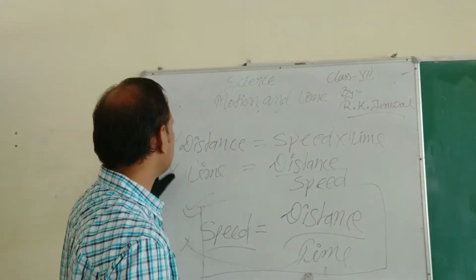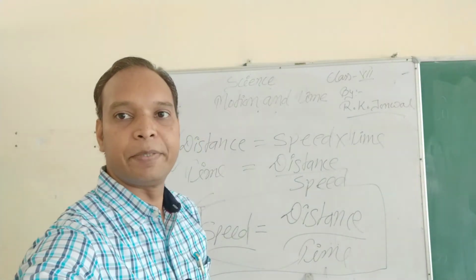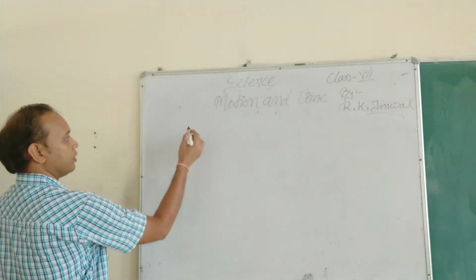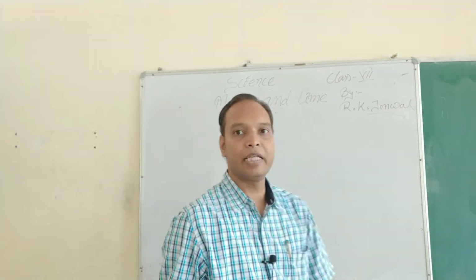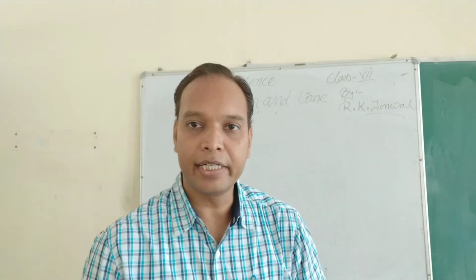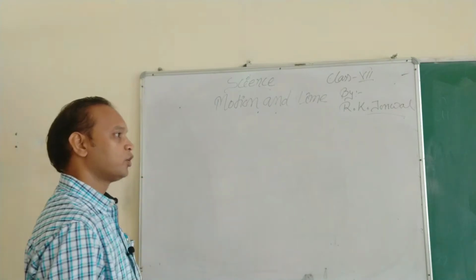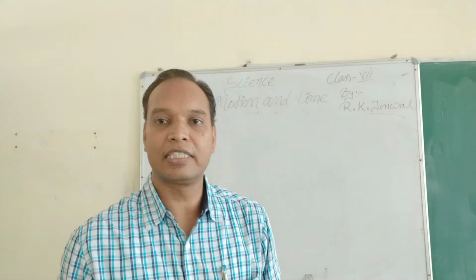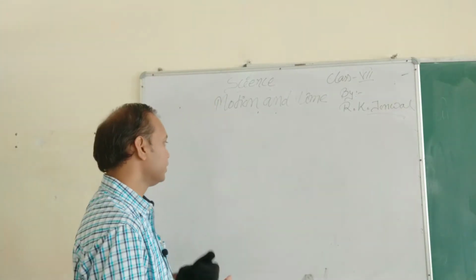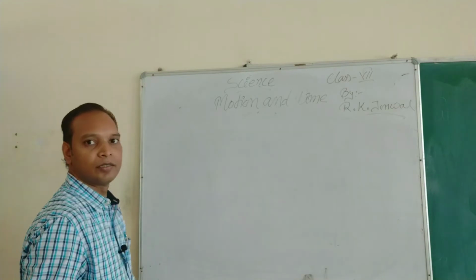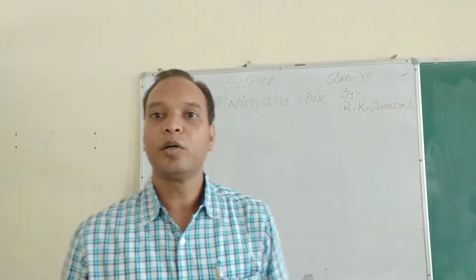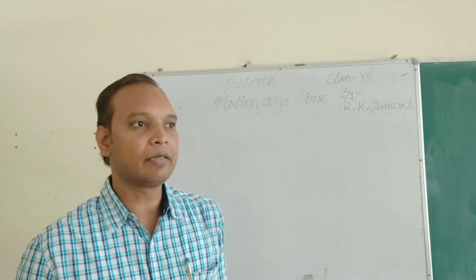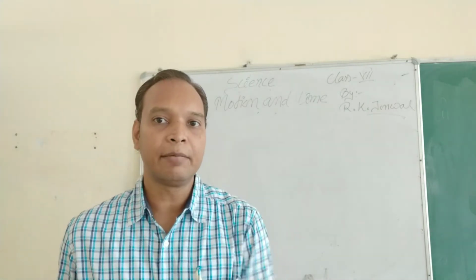We took some examples for the calculation of speed. If you can remember, then recall the example of Maruti 800 and Ferrari. So students, if I ask you which car is faster, then I think your answer should be that Ferrari is the faster car, because Ferrari covers more distance in less time interval and Maruti 800 covers less distance in the same time interval.